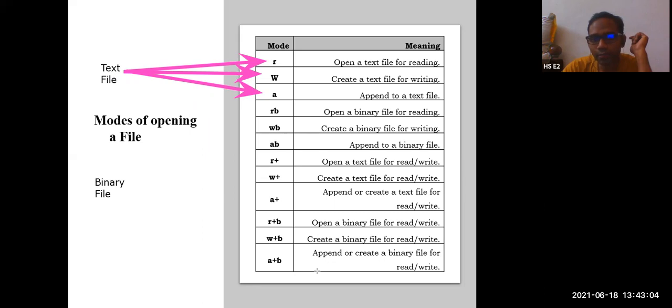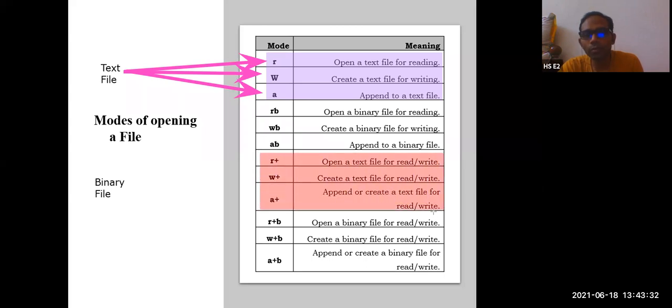So these things we have seen. I hope there is no doubt in these three modes. Am I clear? Is there any doubt? Read, write, and append. Apart from this, we also have read plus, write plus, and append plus. So these are the three more modes that we have for a text file.